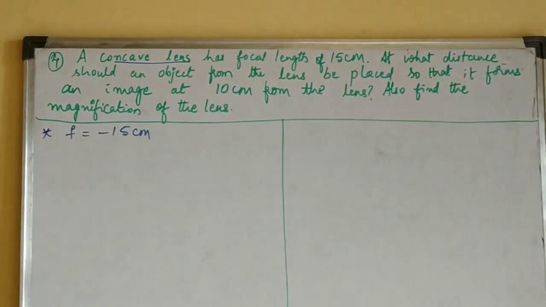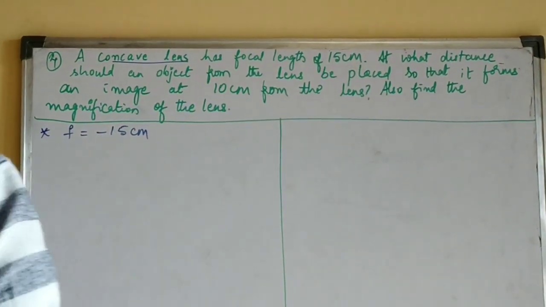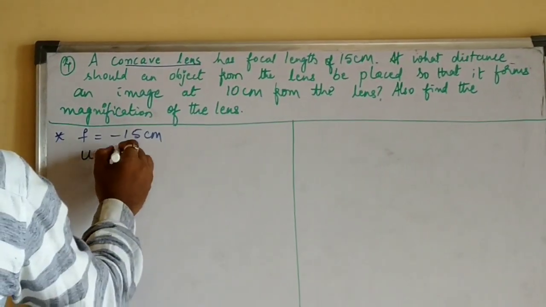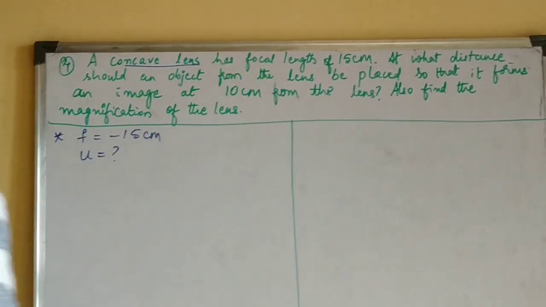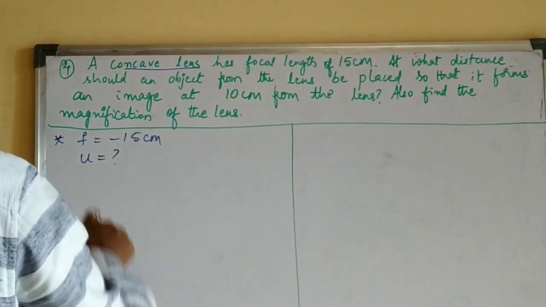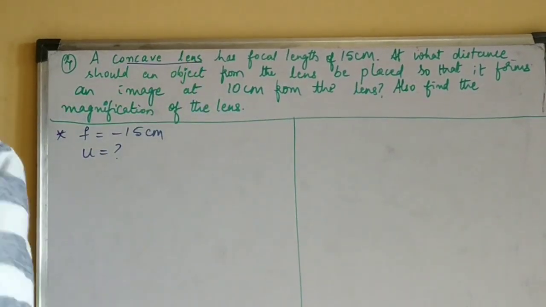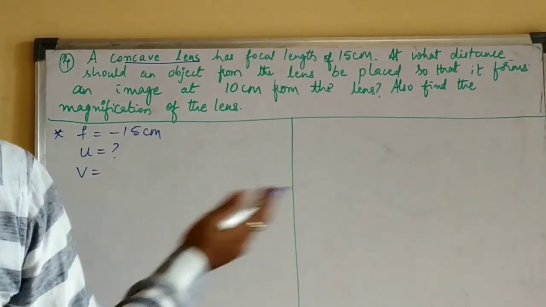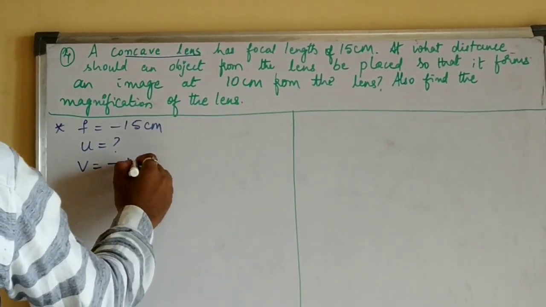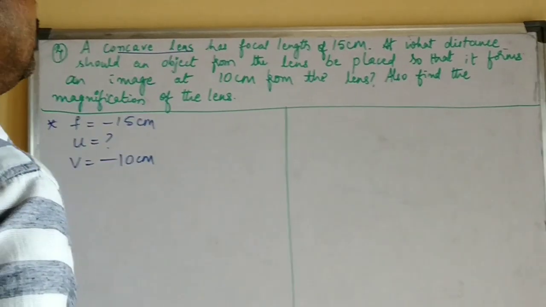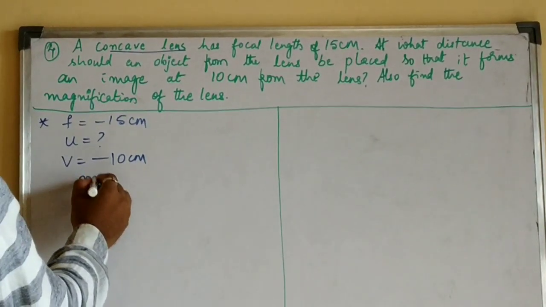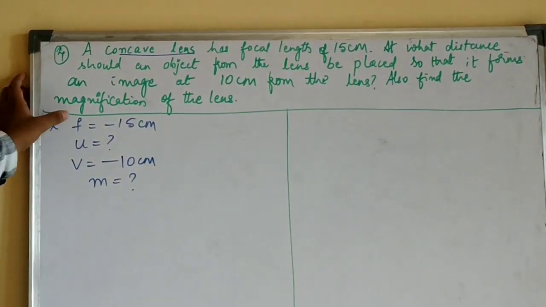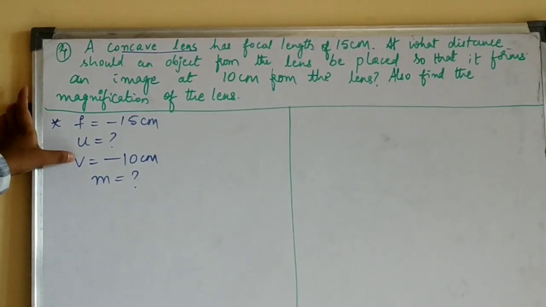At what distance should an object from the lens be placed, means you have to find out u. At what distance should an object from the lens be placed so that it forms an image at 10 centimeter from the lens? So that image is given, that is 10 centimeter from the lens. Image is also towards the left side only, that is given. Also find the magnification of the lens. You have to find out magnification also. This is the problem. Now you have focal length, you have the image distance, and you need to find the